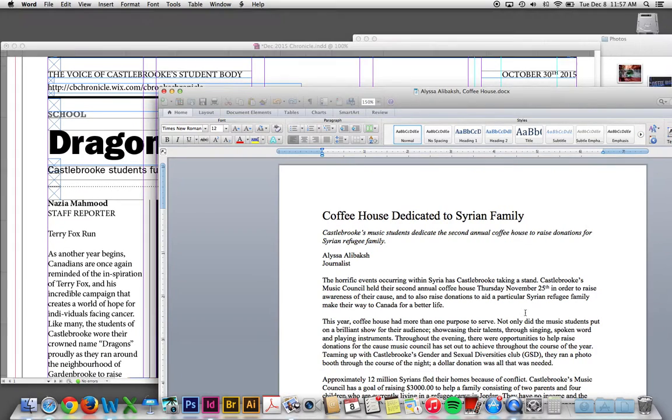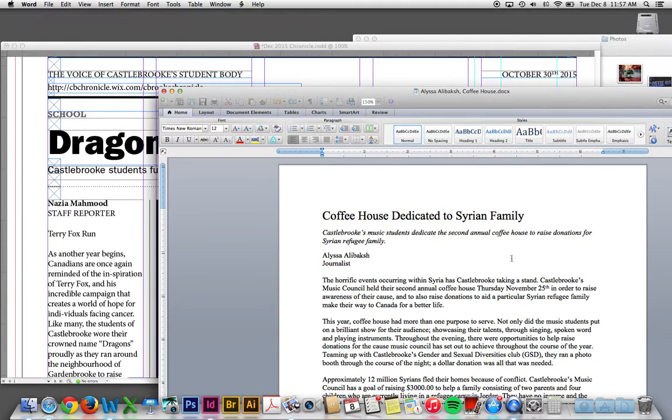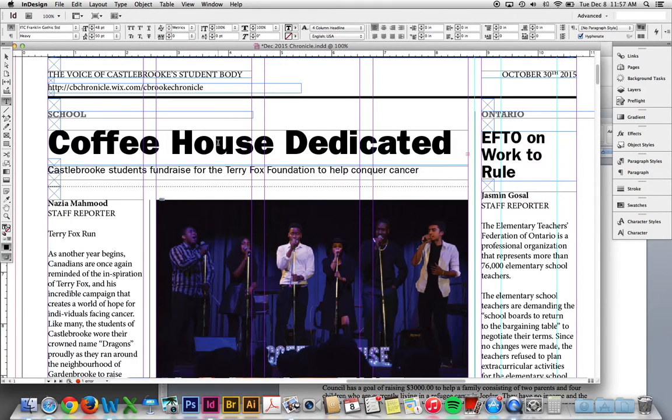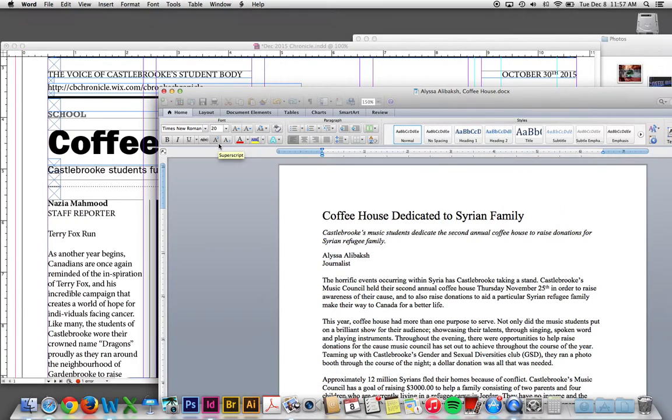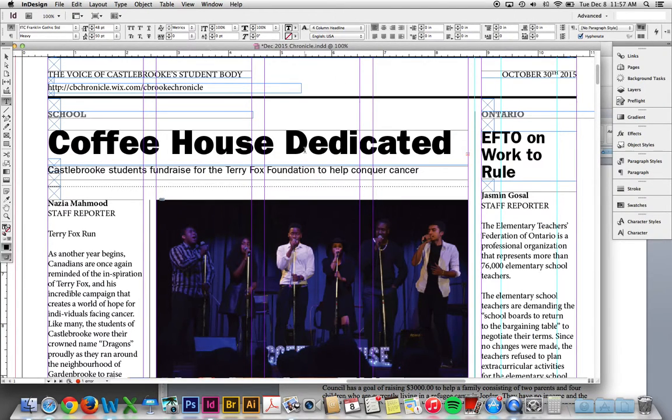Okay, so let's work on the headline. Sometimes headlines are too long. We have to use the point size here, so we might have to rewrite and shorten this headline. Although that is a great headline. Let's see what happens. Coffee house dedicated, yikes. Alright. Coffee house. Maybe we'll have to shorten it to coffee house and get more details in the